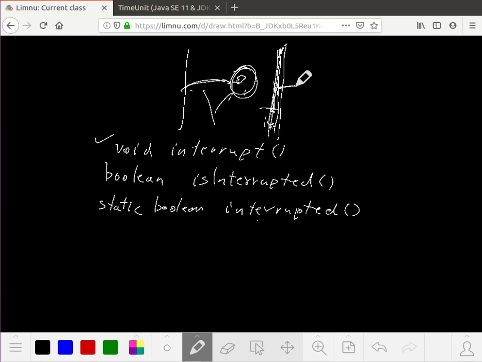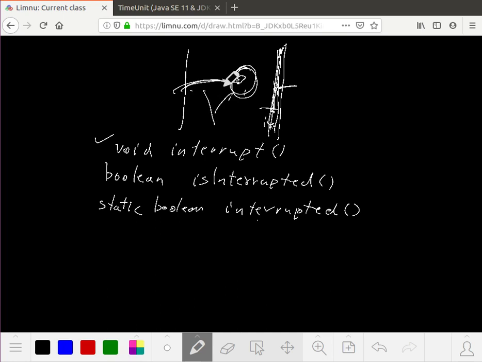Blocking on IO is again a waiting state. You're calling read line, that's a waiting state. You're calling the accept method, that's a waiting state. Okay, fine. Blocked is something very different. We'll look at it later. Blocked means waiting for some lock, and we'll see what that is. Okay, so if it is in a waiting state, and at that point someone calls interrupt,